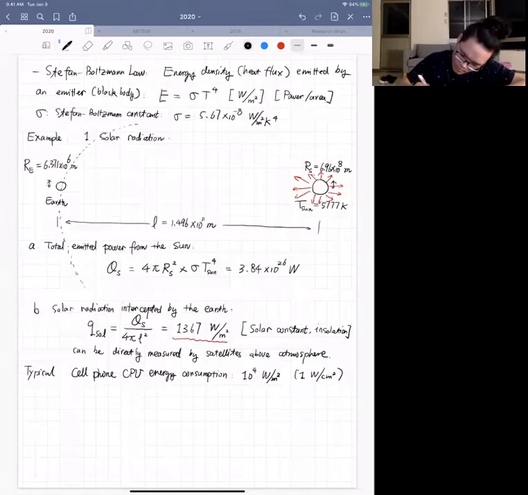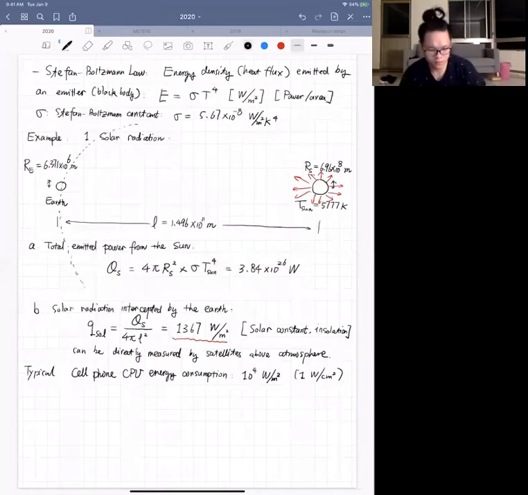Typically, we need to do concentration, and we need to concentrate solar radiation using optics, for example, to boost the energy flux so that we can more conveniently convert with a higher efficiency. Okay, so this is the heat flux, the energy per area, that arrives on Earth. We can also calculate the total amount of solar power